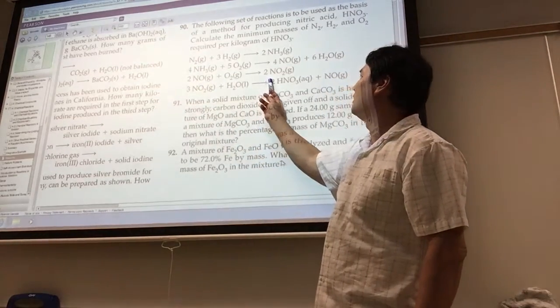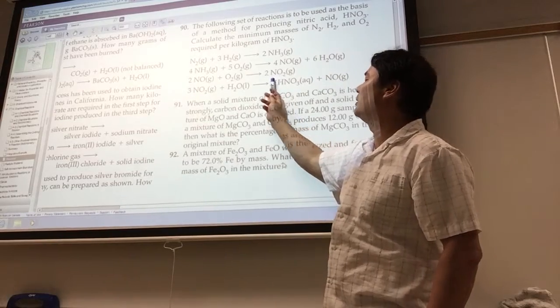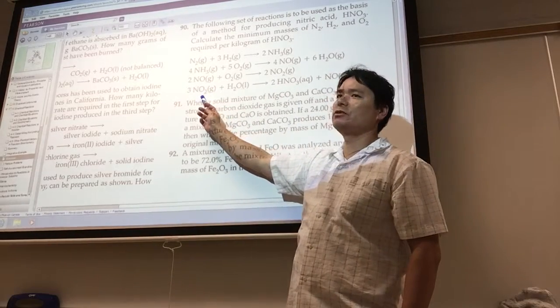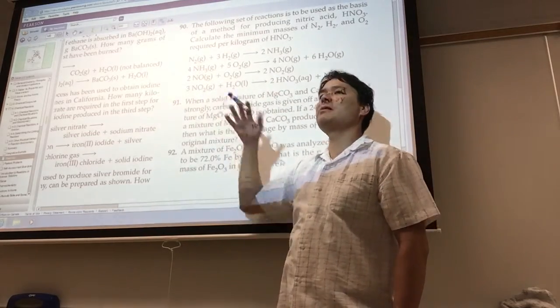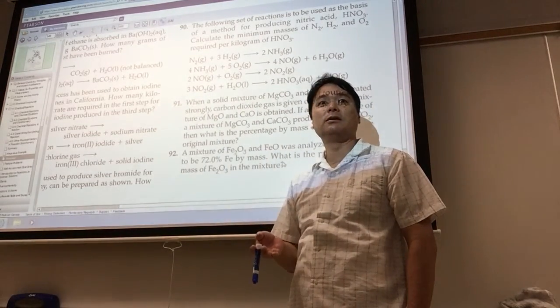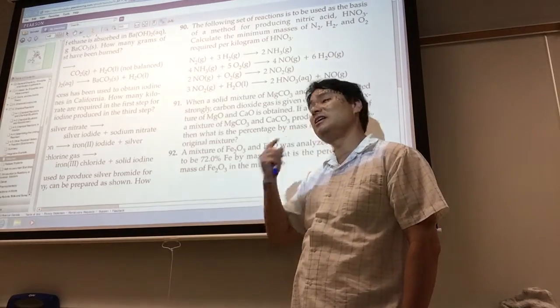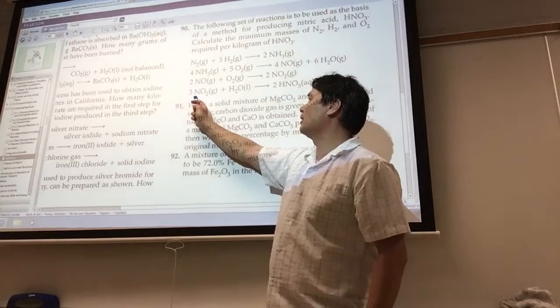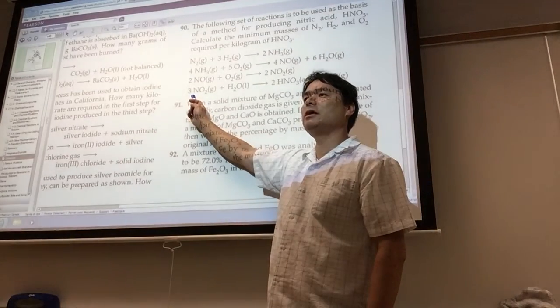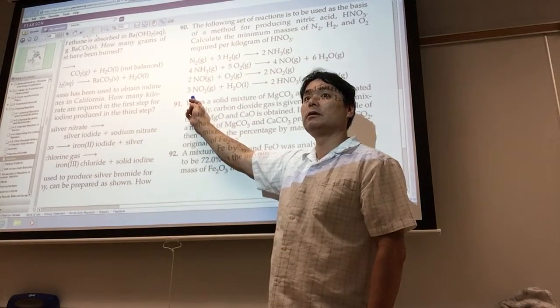And so double this one, which will give us 4 moles of NO2, but over here we consume 3 moles of NO2. And so we're going from 4 moles to 3 moles. That's not balanced, so we need to balance that. And so how would we balance that? Well, the easy way to balance it is, if we need 4 here and we got 3, the easy way to do that is to multiply it by